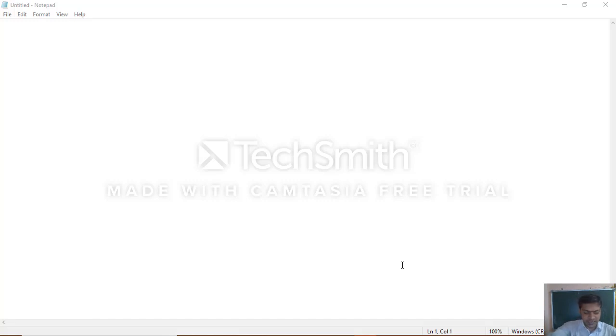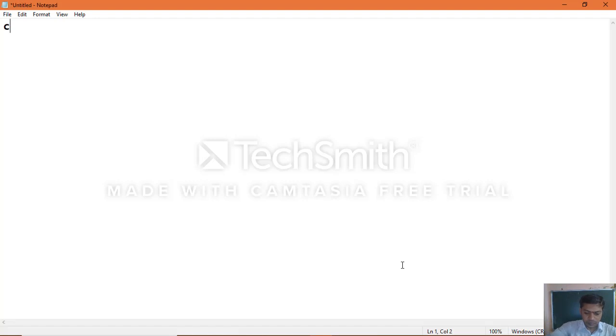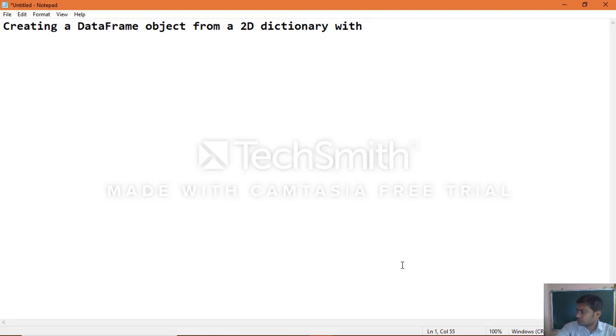So we'll start with first, creating a data frame from a 2D dictionary, as a 2D dictionary with values as series objects.